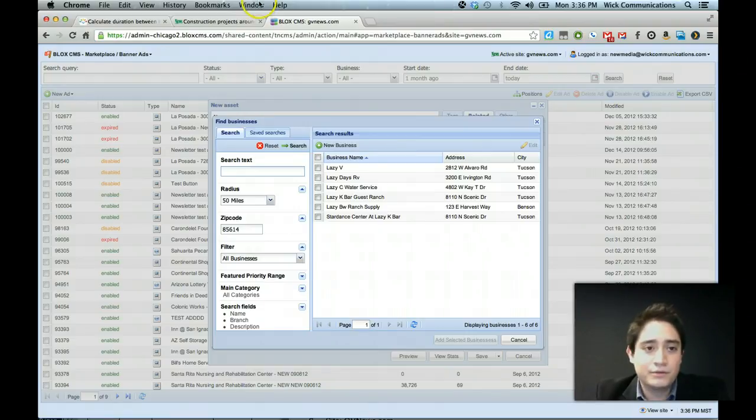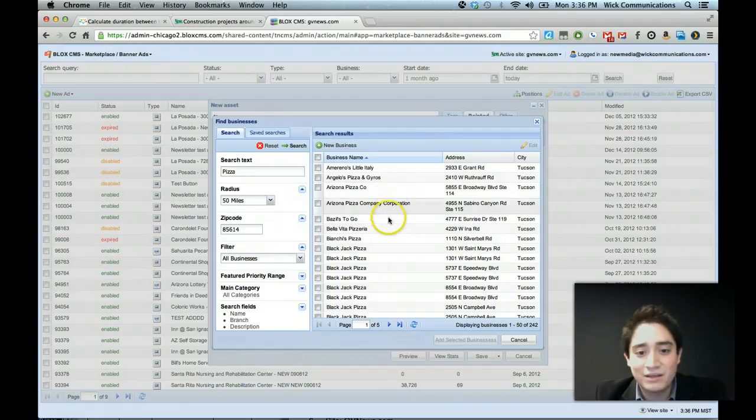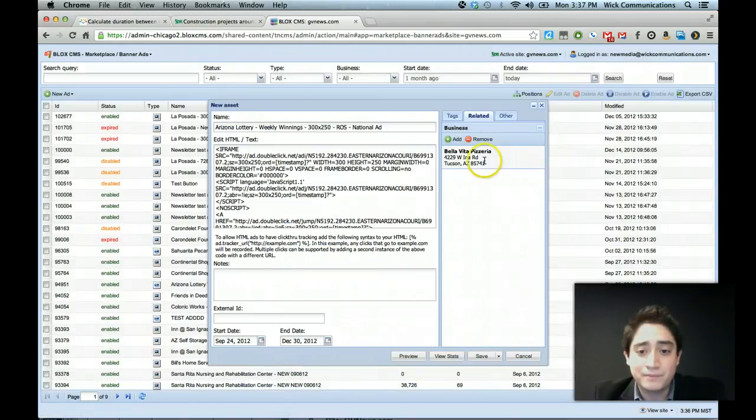Okay. Let's say we're looking for a pizza place. Doesn't matter at this point which pizza place it is. And let's say Bella Vita Pizzeria is the place I'm looking for. Then I basically just add selected businesses,